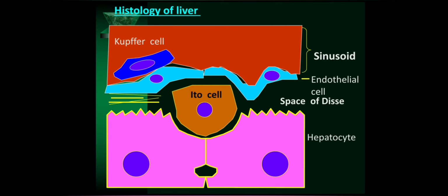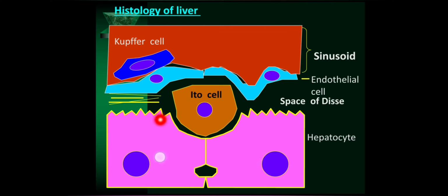Now for the histology of the liver, if we continue and look into the microscopic picture in more detail, hepatocytes are polygonal cells with round single nuclei and prominent nucleoli. I cannot show you a prominent nucleus here, but there is definitely a round single nucleus, and it has a granular eosinophilic cytoplasm.